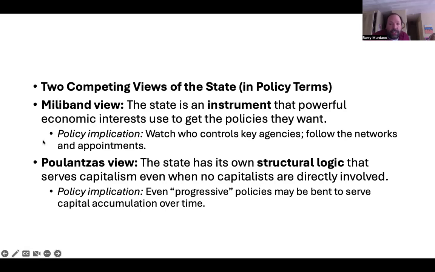Two competing views of the state in policy terms. Miliband's view: the state is an instrument that powerful economic interests use to get the policies they want. I would argue that Parenti's approach, who we've talked about in several classes, falls much more within the Miliband view of things. But again, as we'll see, and as Barrow argues, the debate between the two kind of condenses, and you realize that both thinkers' views are not as antagonistic as it may first seem, and both of them more or less end up in a similar place,